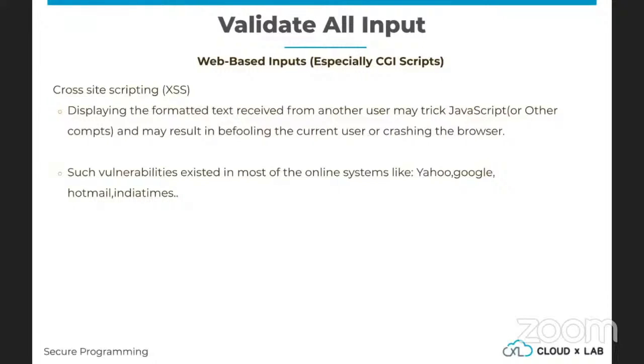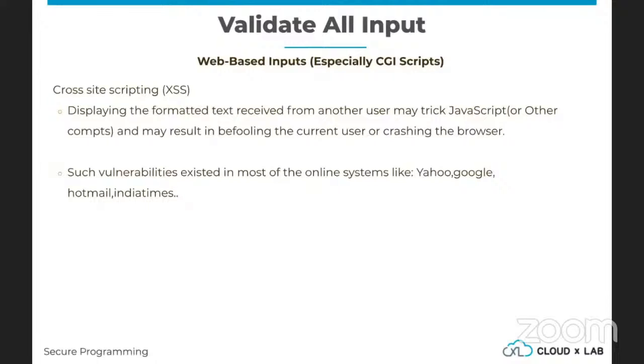Now, if this user is able to write JavaScript into his input, and this JavaScript is executing for another user, that could lead to lots of vulnerabilities. For example, I sent you an email, and this email had JavaScript, and this JavaScript steals your cookie data, your session ID, and other things, and sends it to me.